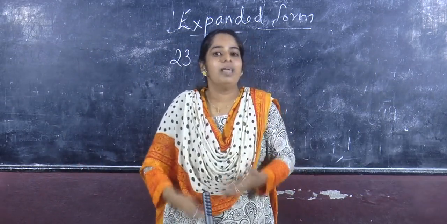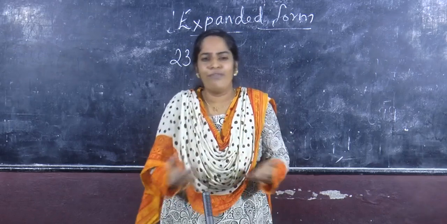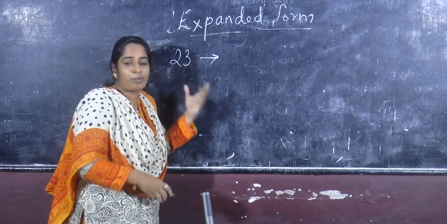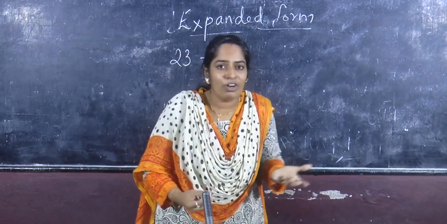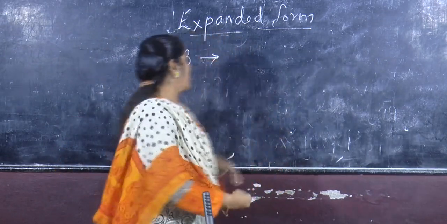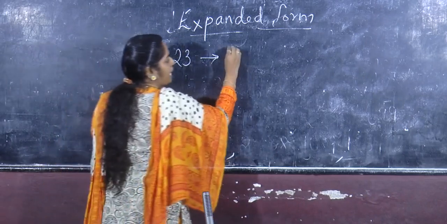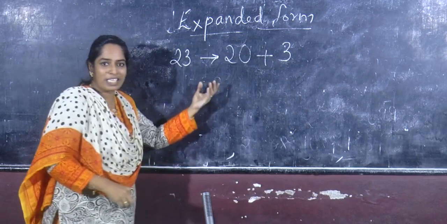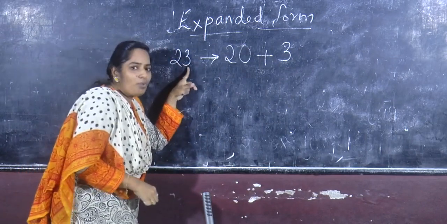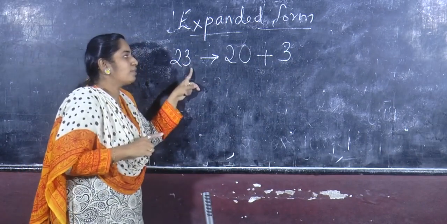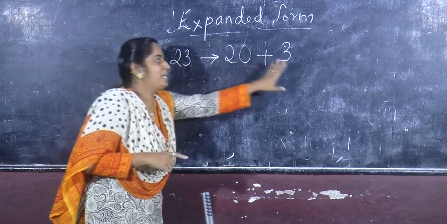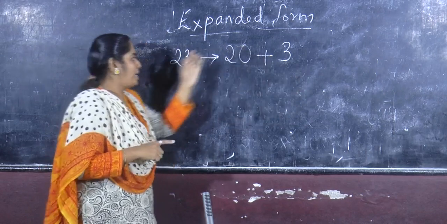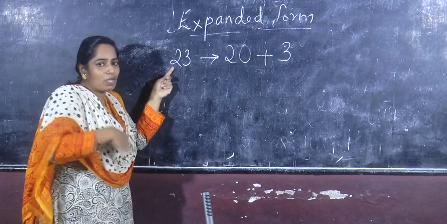We all studied place value, face value, everything. So we all know how to write 23 in the expanded form. How can we write 23? You all know? You remember? Yes. Okay. So here we can write it as 20 plus 3. How 20 plus 3? Because 3 is in the 1's place, so we will write only 3 there. That is 3 ones, 3. And again, 2 is in the 10's place, so how will you write it?